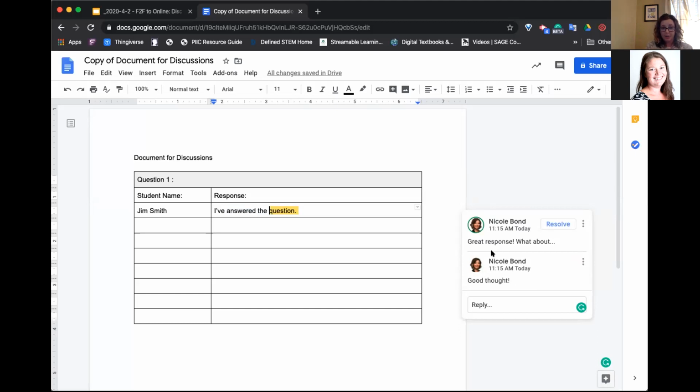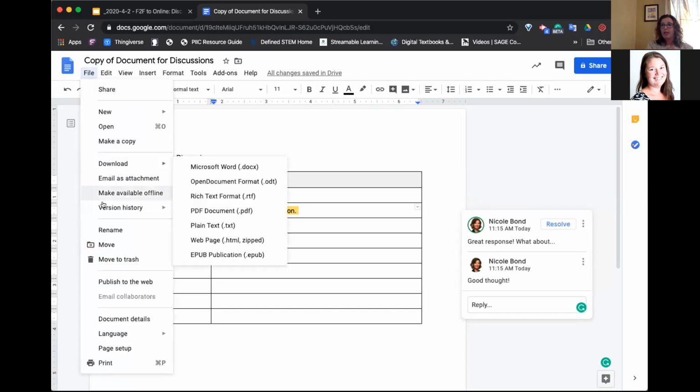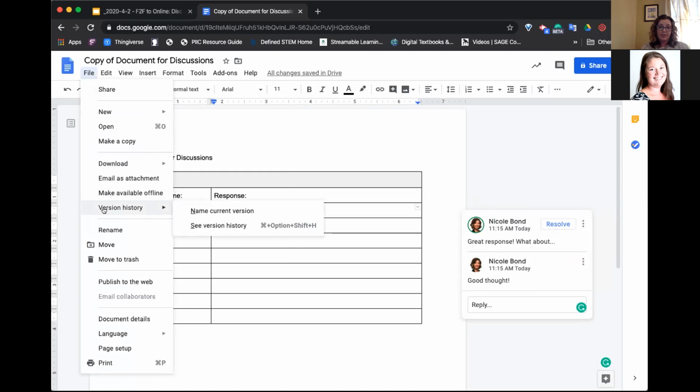Another thing that I want to show you, if I go up here to File, is version history. This can be really important when you're working in a Google Doc with several students who maybe want to try to sabotage one another. This is really great if students have a Google login and they're already logged in, it will show you everybody who's typed in the document and when they typed in the document,